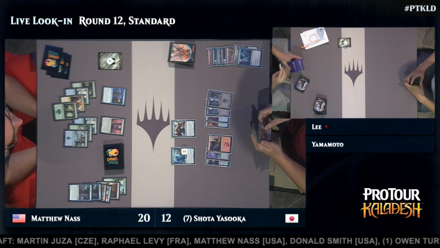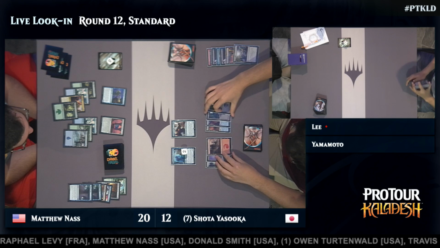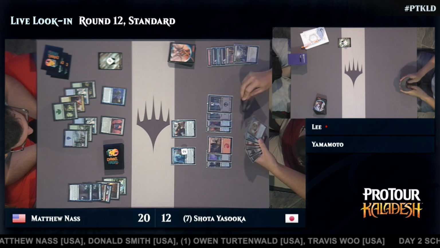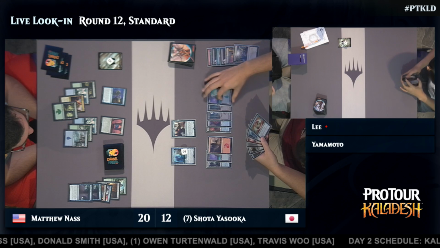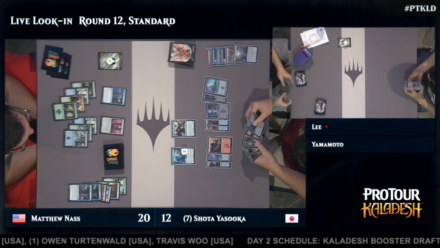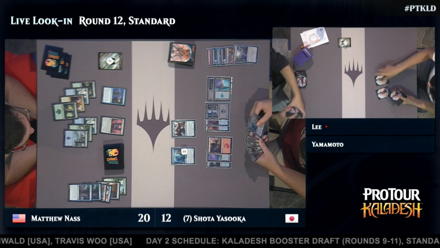Now, one of the things Shota is going to have to look out for, given the state of the game here, is Matt Nass gradually climbing his way up and being able to actually hard cast an Eldrazi from his hand. Emrakul being the more likely of the two. We do see 7 lands on the battlefield for Matt Nass, and a bit of Delirium in the graveyard. So potentially getting closer to an Emrakul, but...